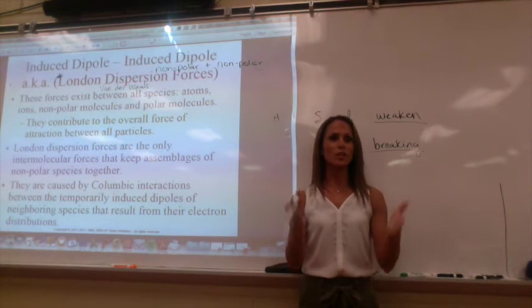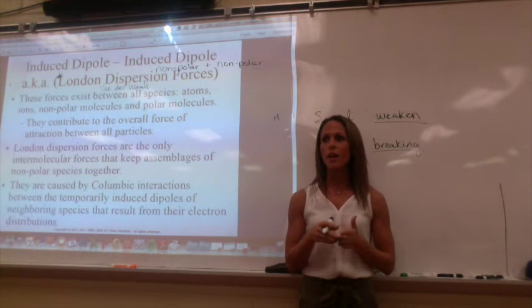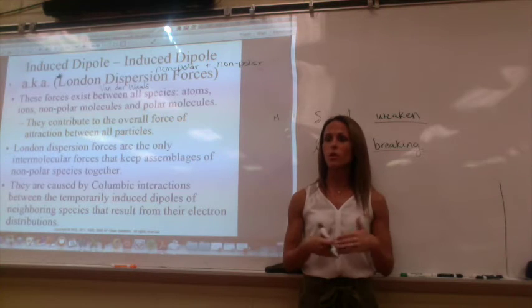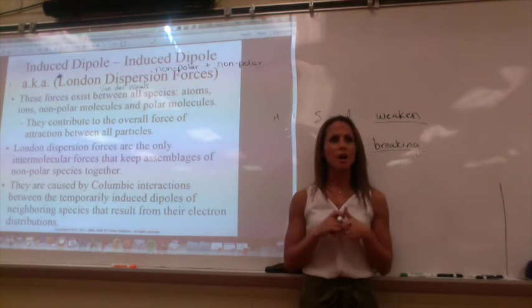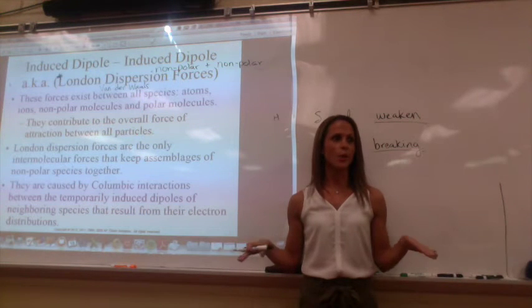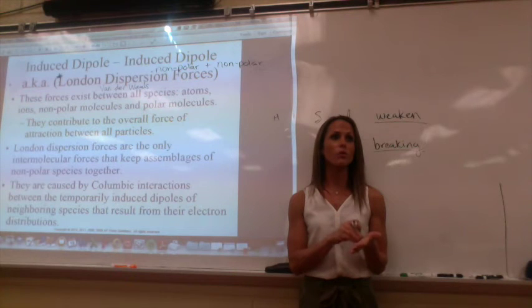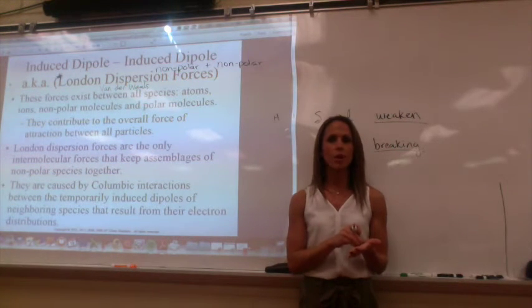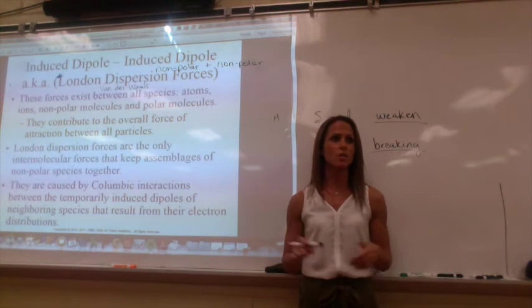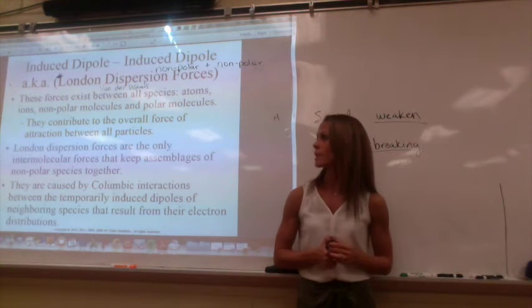So you're going to have to look at molecules, look at their structure, determine if they're polar or nonpolar, and then determine what kind of intermolecular forces they have on them. So London dispersion exists on everything. Make a note somewhere that if you're stating the intermolecular forces on a species, always include London dispersion. Always. There will always be London dispersion forces. That's a freebie.